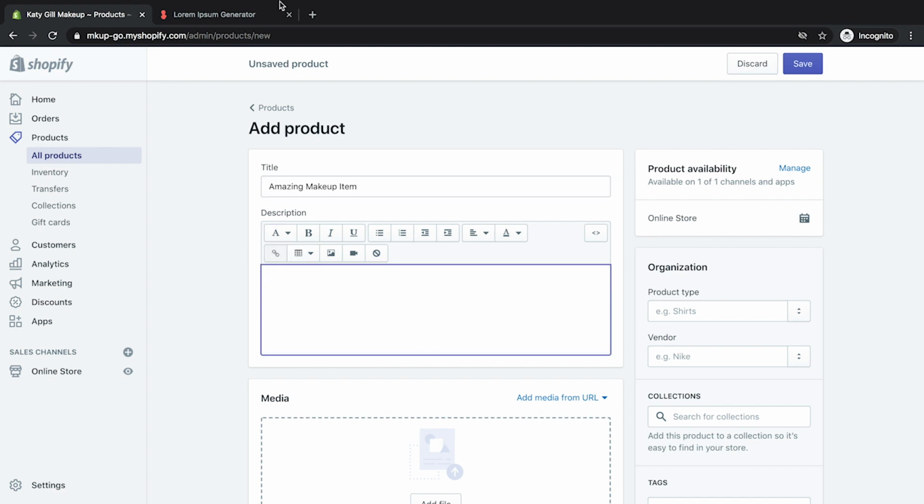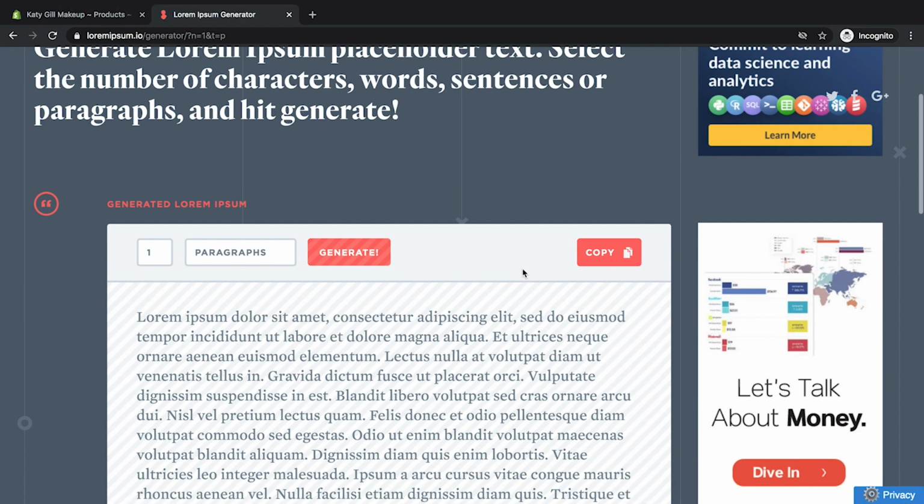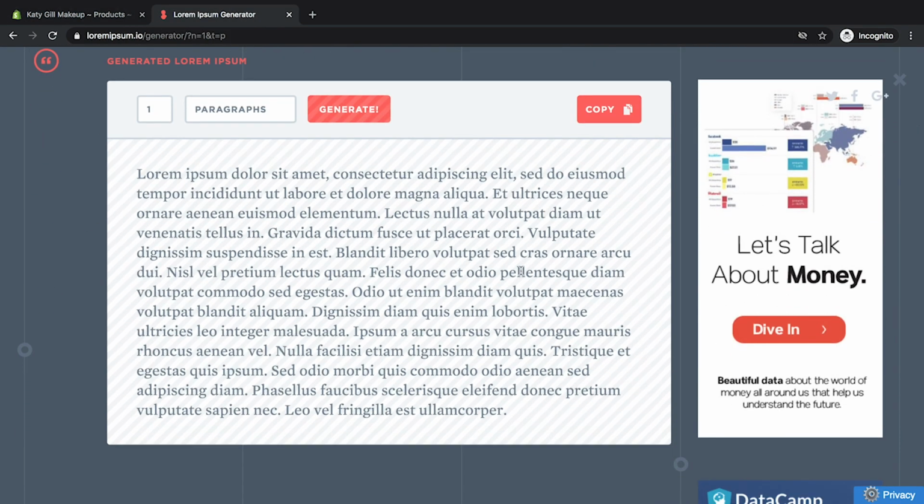Next thing we need to do is add a description. If you don't know what you want to add in as a description yet, which we don't, there's a service that we use in the industry called Lorem Ipsum. It's basically dummy text, and the idea is so you can see what a page looks like with text in it when you need to show a client, but you don't necessarily need them to read the text and distract from looking at the overall page. So we use Lorem Ipsum. You can generate how many paragraphs you want and hit generate, and it will give you some copy.